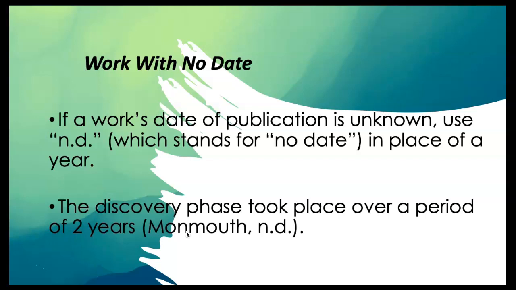If you do not have a date, a year of publication for any of your sources, again, I would say please don't use those kinds of sources. But if you have to, then instead of the year, we would put the abbreviation N.D. That means no date. That's what you can do, and it's pretty common. You would find some information where there's no date. I do not encourage my students to use that kind of information, but if you really have to use it and there is no date, then you can use author, comma, ND.